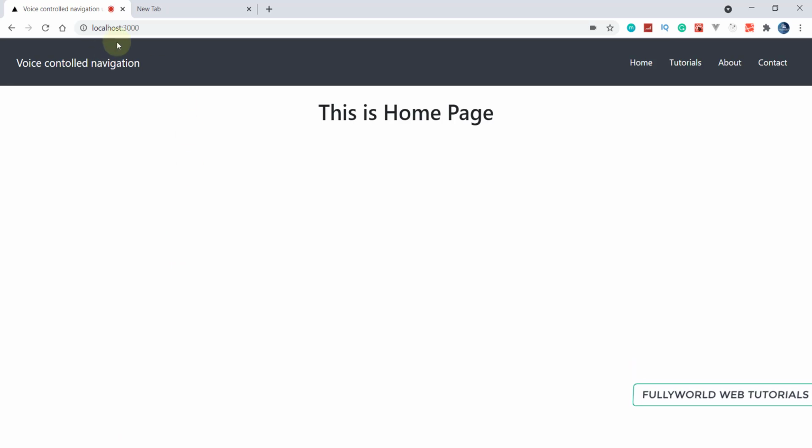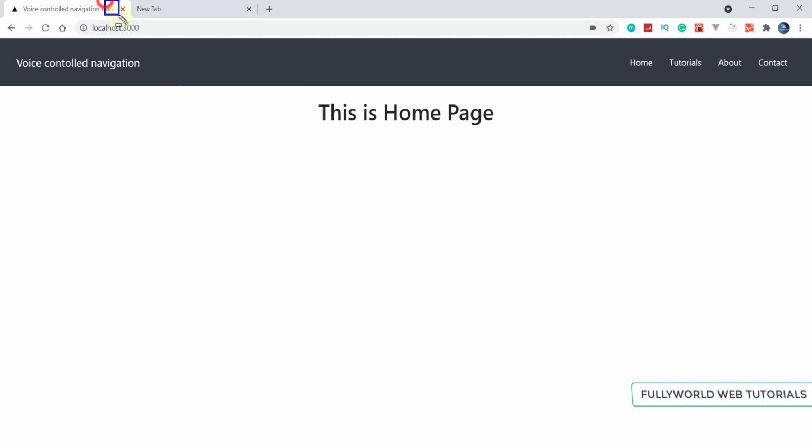So let's see. See that I already allowed it here, so our recognition has started successfully. See that when I stop speaking for a little bit, our recognition stops here. It will come to on result and on end, and it will never start again. We will not get this red dot again. To avoid this issue, we will use the end event here. When our recognition ends, we will start it again, so that we can continuously give commands with a delay of 2 to 3 seconds.